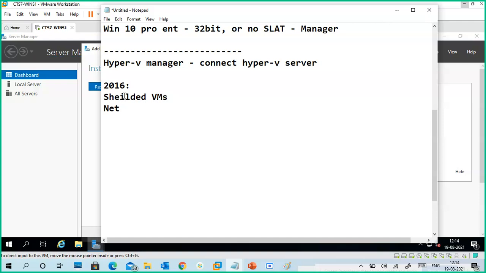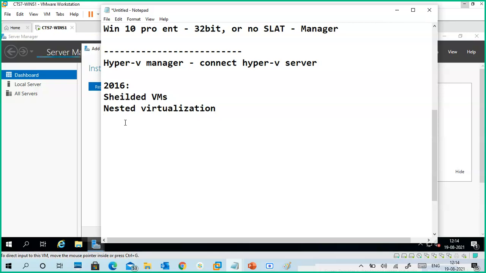The next one is nested virtualization. What is nested virtualization? We can create another virtual machine inside your virtual machine. In Hyper-V, you have a virtual machine, and inside that virtual machine we create another virtual machine. That is called nested virtualization.